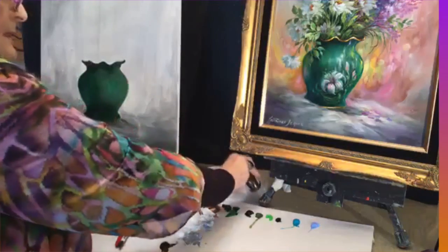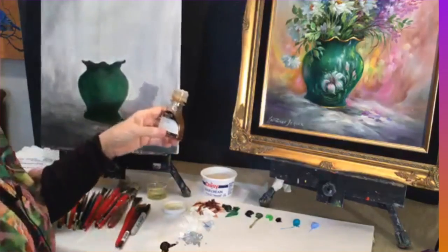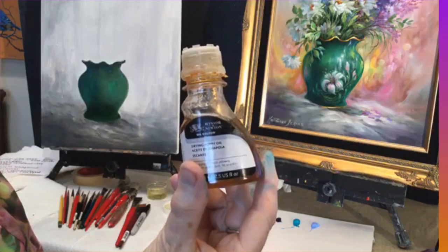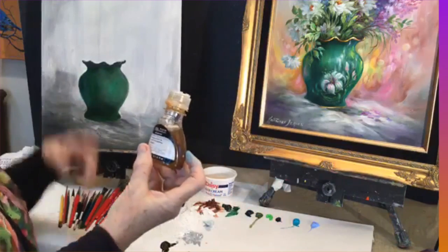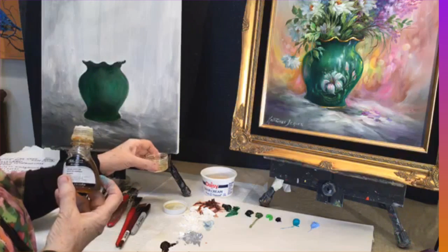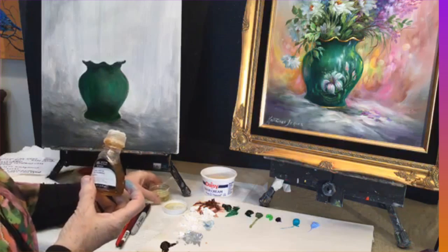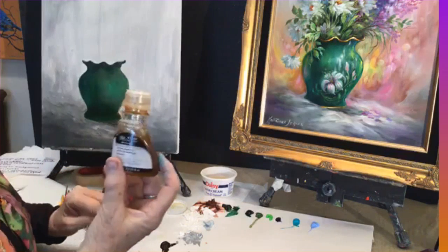And what it is, and I don't always use this, I'm using it today. It's called drying poppy oil. Drying poppy oil. And it's by Winsor and Newton. And it just makes your paint set up and dry a little faster, because basically linseed oil, which we've got in here, that's a very slow dryer. It's one of the few slow drying oil painting mediums that you can get. But poppy seed with this fast dryer in it is real good, and you get real fine detail